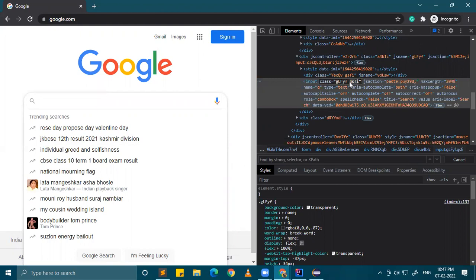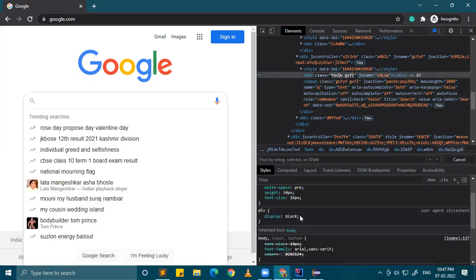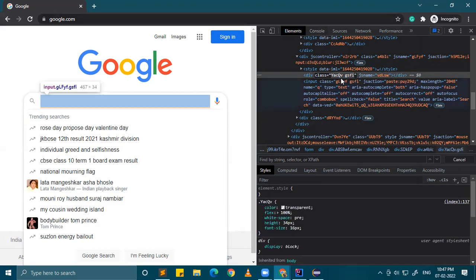HTML में मल्टीपल क्लास यूज करना हो तो बीच में स्पेस देते हैं। एक ही एलिमेंट के अंदर अगर मल्टीपल क्लासेस यूज किए हैं तो वो ऐसे डिफाइन करते हैं। ठीक है, तो एज यू कैन सी GLFIF, नीचे CSS के अंदर एक अलग क्लास है, और ये GSFI वो भी एक अलग क्लास होगा कहीं ना कहीं नीचे।